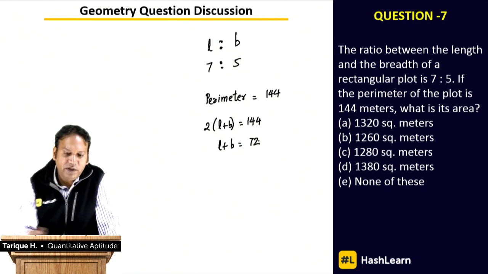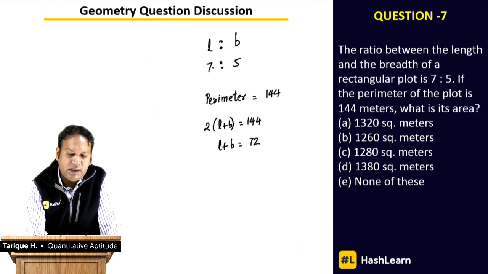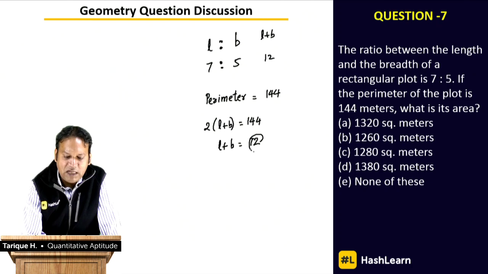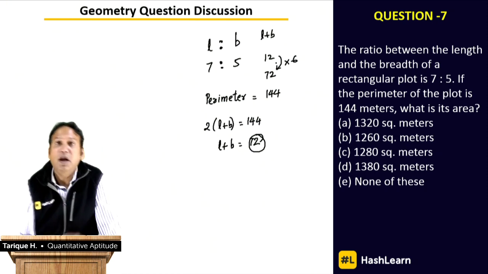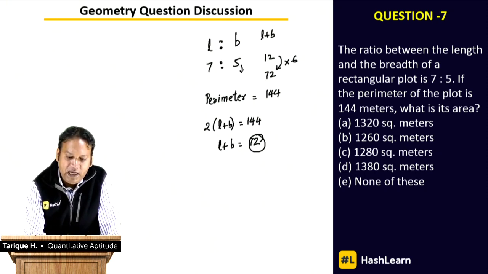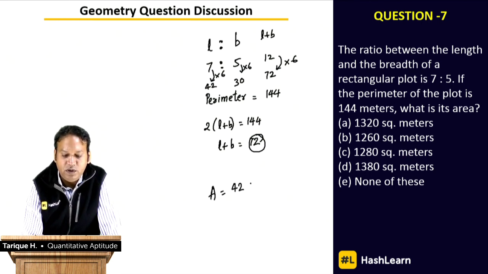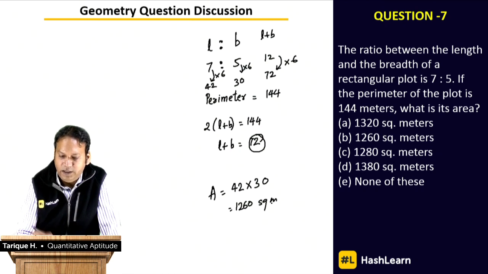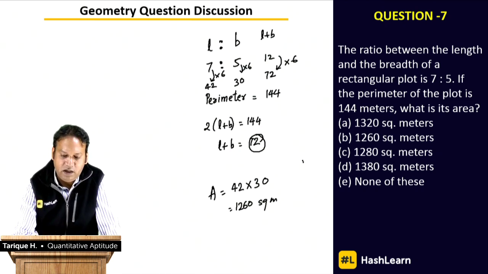Now that we know the ratio is 7:5, we can say 7 and 5, let's say L plus B. So 7 plus 5 is 12, but we know the actual value is 72. So how much should I multiply? I'm doing this by the common factor of multiplication. 12 into 6 is 72. So 5 into 6 is 30. The breadth is 30, and 7 into 6 is 42. So the length is 42. So the area will be equal to 42 into 30. Let's just work it out. It's 1260 square meters. So the correct answer, a very simple question, is answer option B,